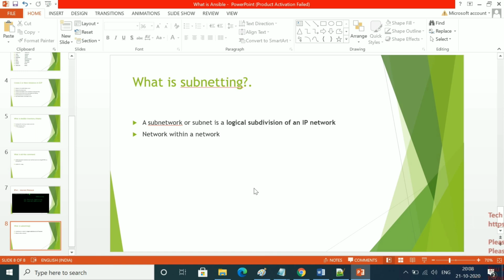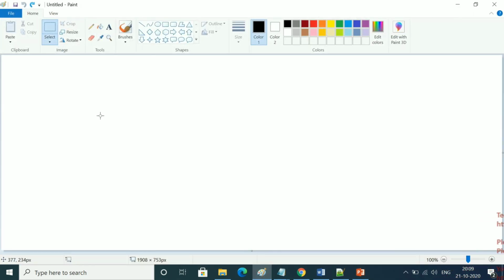Suppose you purchase one network ID, and on that network ID you want to create another network. That is a subnet. That's why we call it a network within a network. You have one network, and you create another network on top of that. So that is subnetting. Let me draw a diagram, because through the diagram I can explain better.